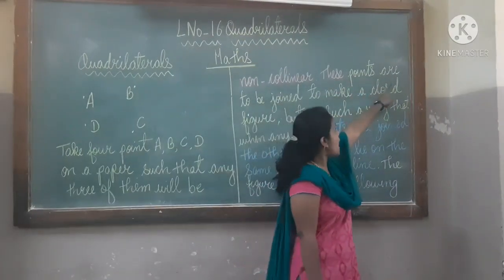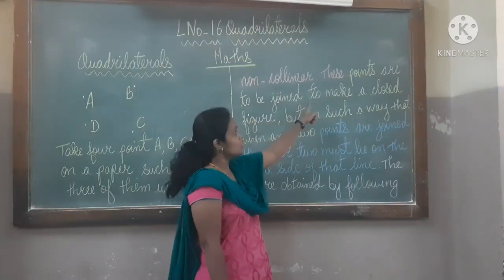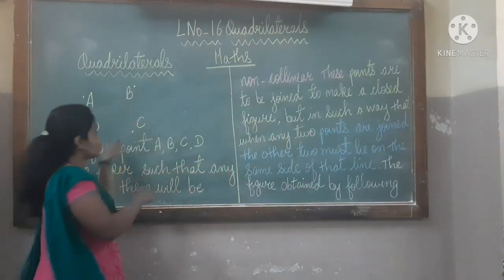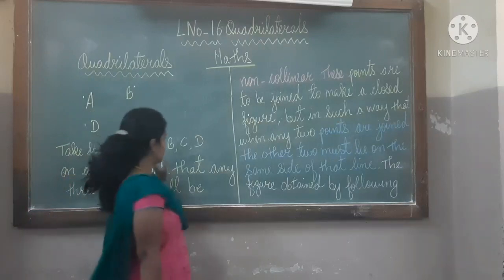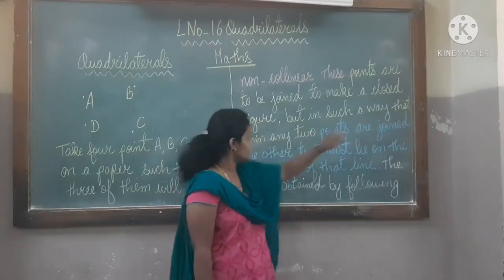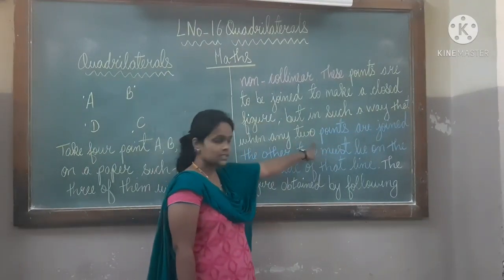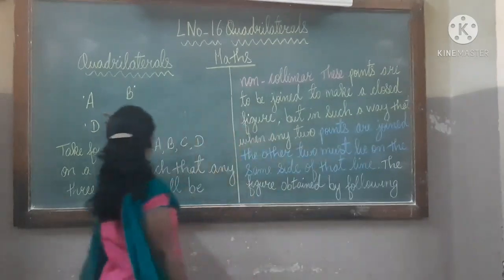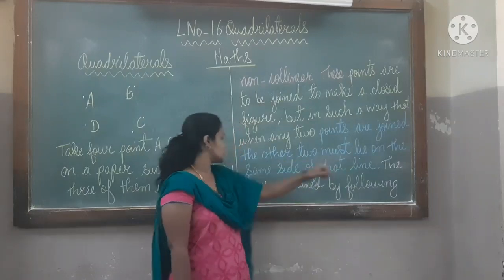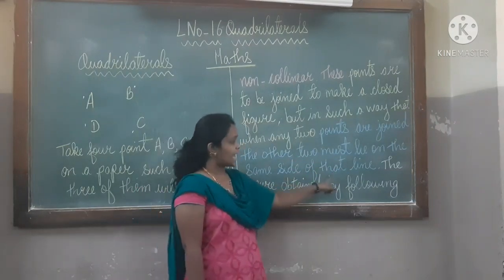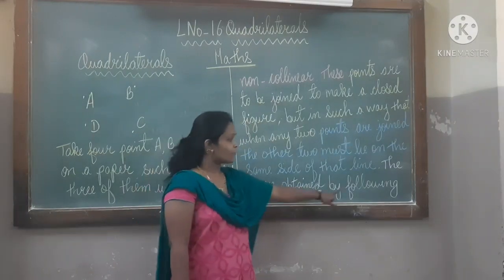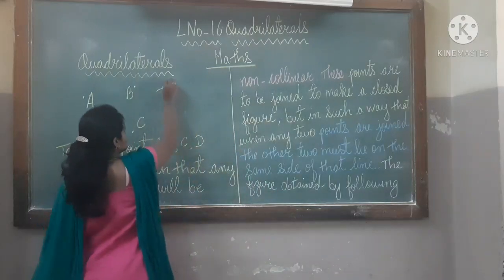These points are to be joined to make a closed figure, which I will join afterwards. But in such a way that when any 2 points are joined, whether this or this, the other 2 must lie on the same side of that line. Got it? The figure obtained by following this rule